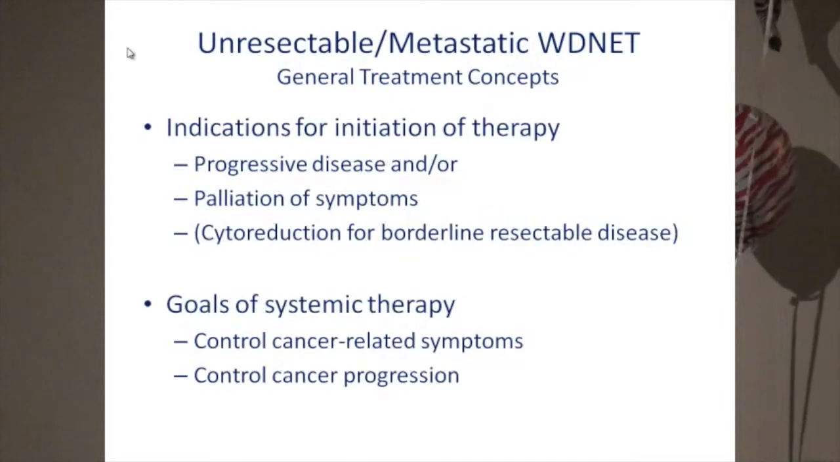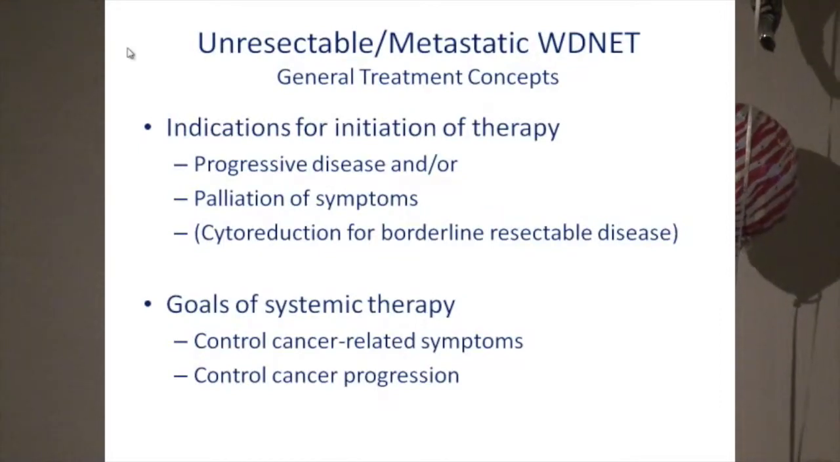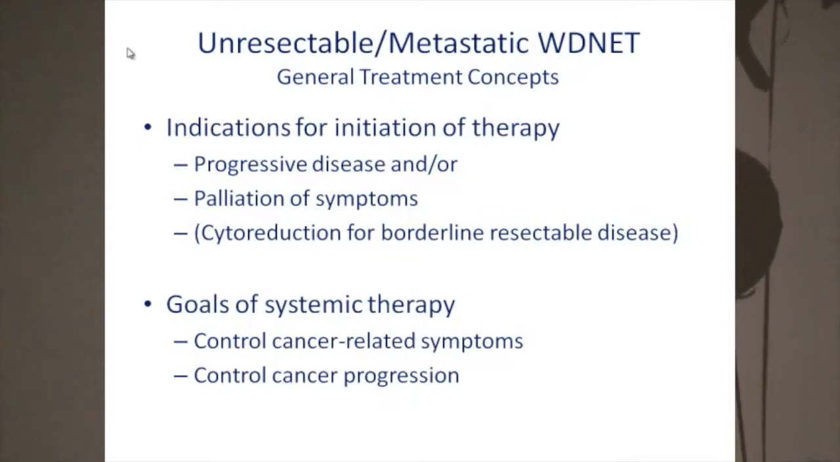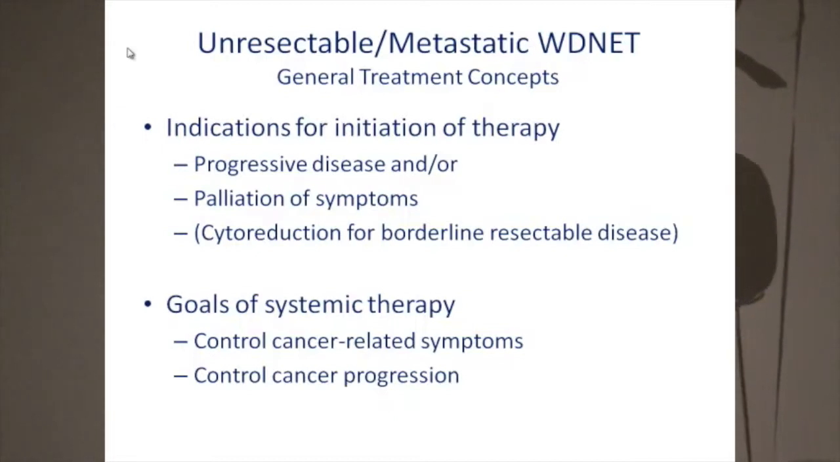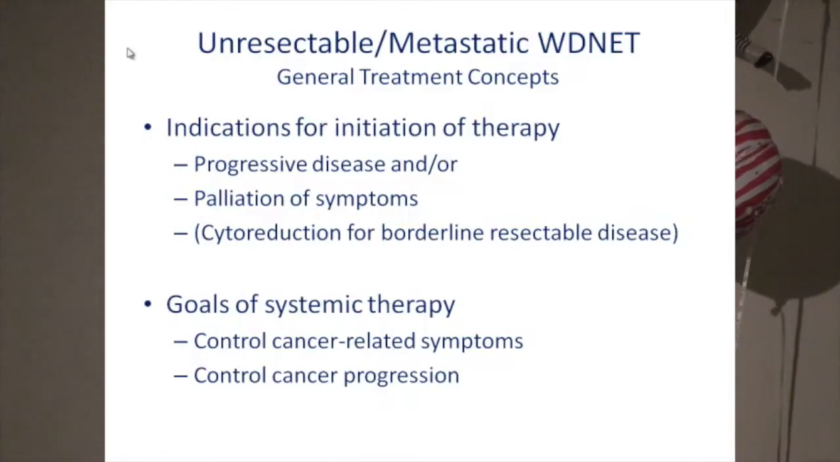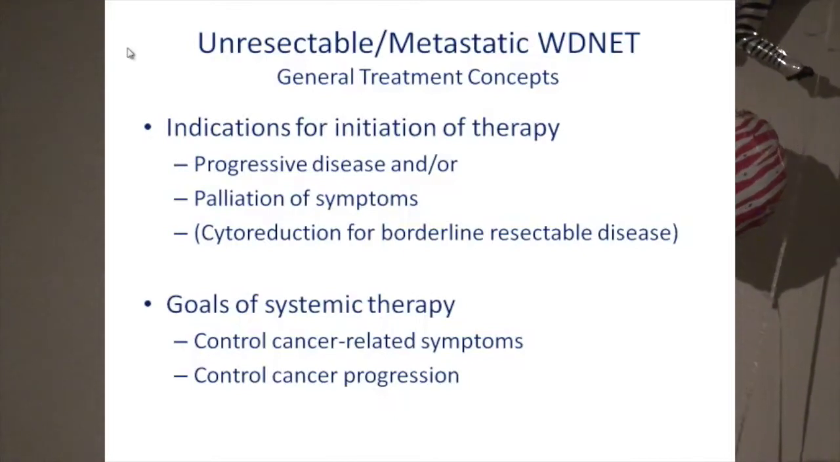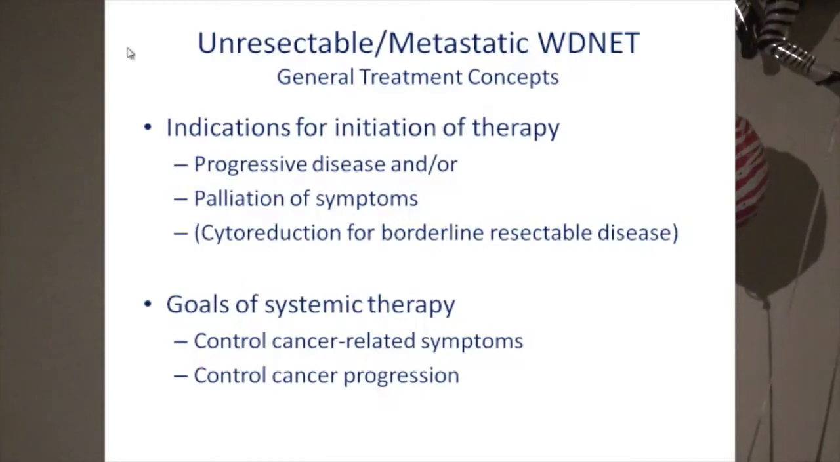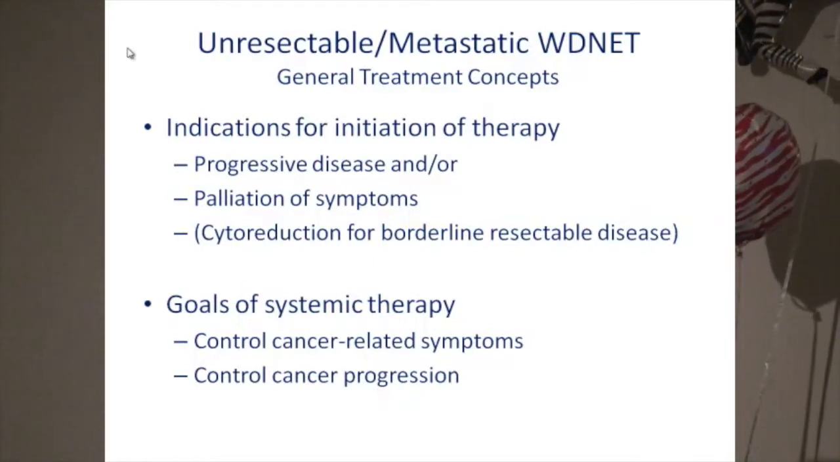So in my opinion, the way I approach a patient who has unresectable or metastatic neuroendocrine tumor that's well differentiated is this. Indication for initiation of therapy, I think, is progressive disease and or symptomatic disease, meaning to palliate the symptoms or to control the symptoms. And another one, which is actually not the standard of care, but it is something that we do,